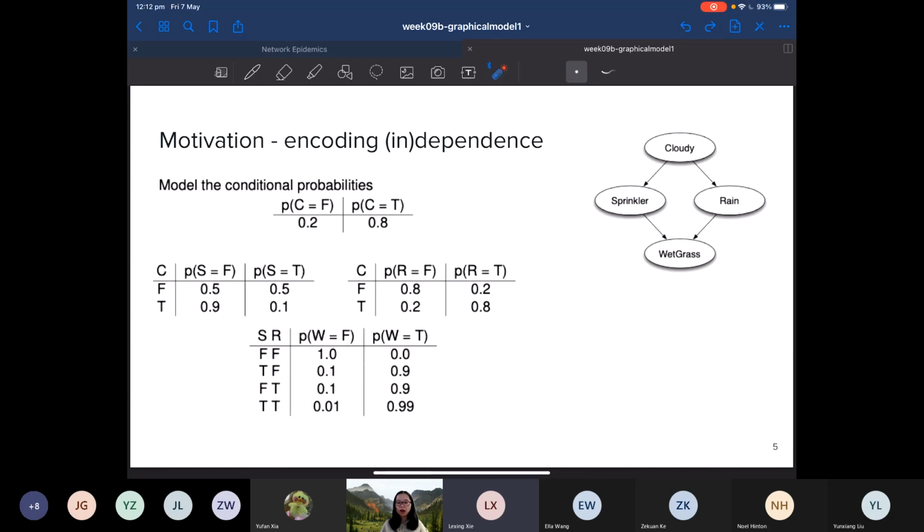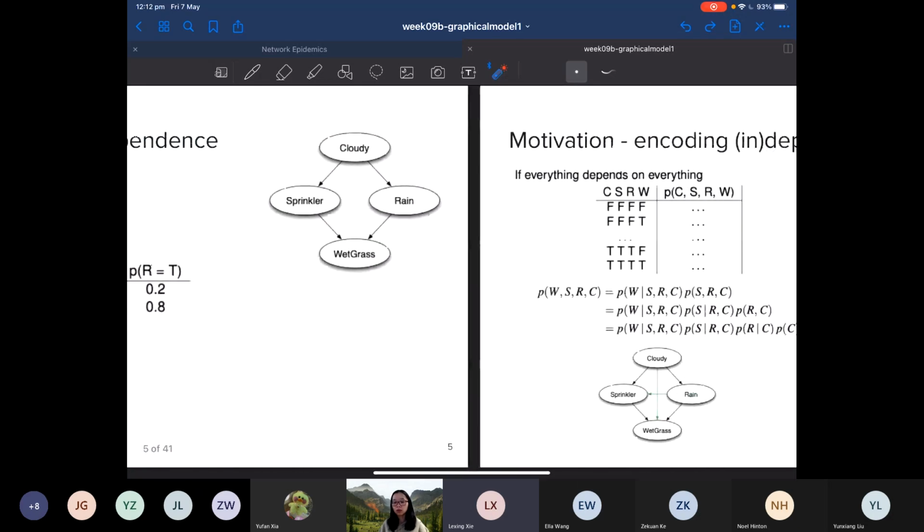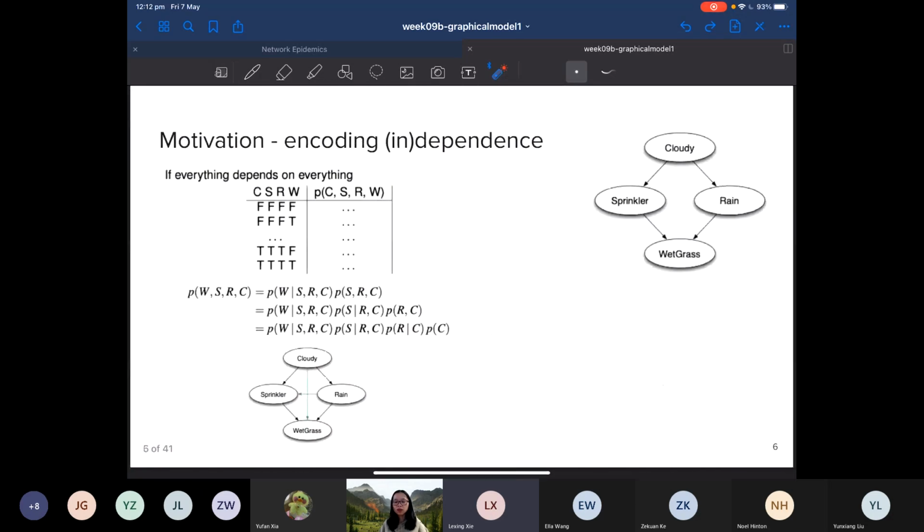So this is an example of using a graph to encode intuitive dependencies of random variables and observations. What this toy example also means is that the alternative of expressing this real-world knowledge as a graph is to fully write out the joint distribution of these 4 random variables. In that case, if we write out Bayes rule,